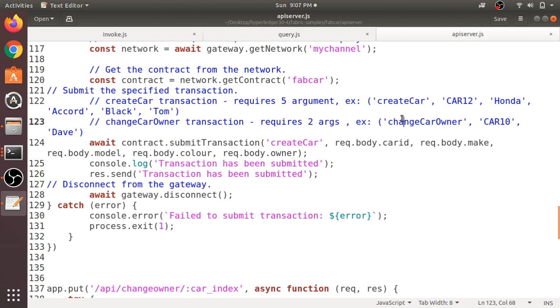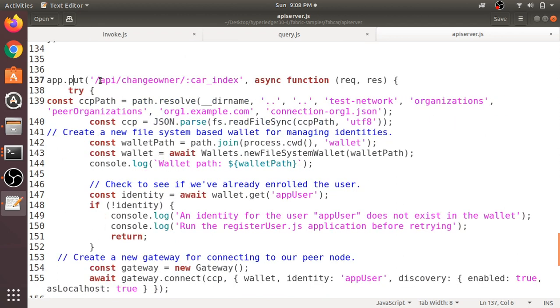And the fourth one, you can see I'm just using a PUT function. You can use either GET or POST here. Here I am passing the car details, for changing the owner of a particular car. The car to be changed is passed in the URL, and the new owner name is passed as the body parameter.